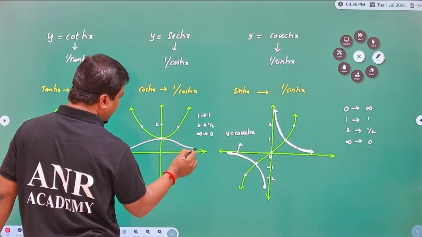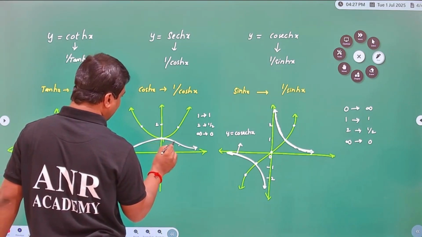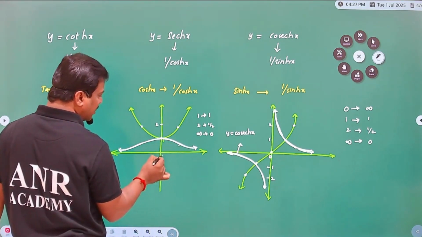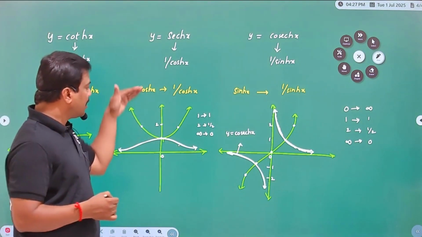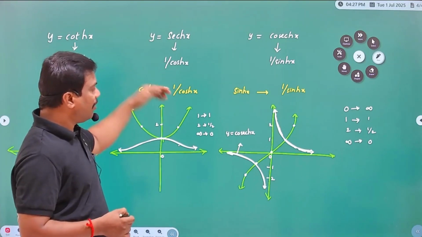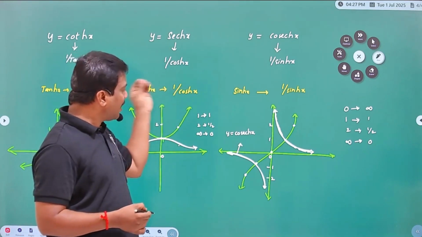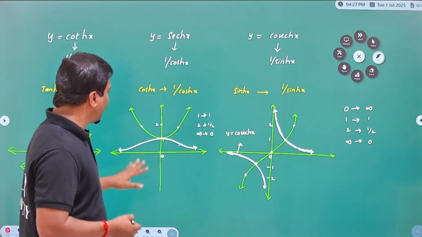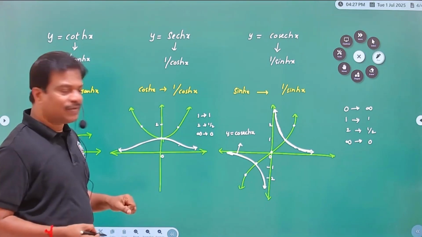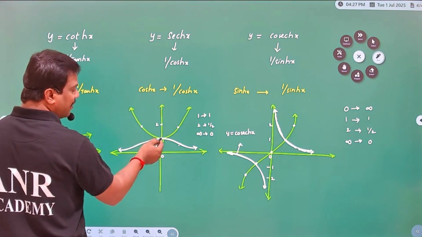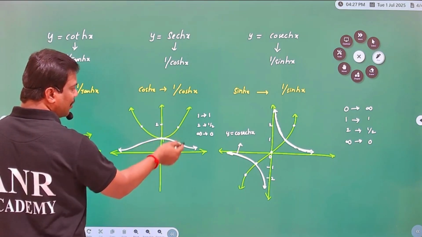This is the graph of 1 by cos hx, that is secant hx. Its range is from 0 to 1, open 0, closed 1. Remember, the reciprocals of 1 to infinity give the result open 0 to closed 1. Remember, in this figure, this is the graph of secant hx only, in the interval 0 to 1 its range, and defined for all x belongs to R. Next, we go for